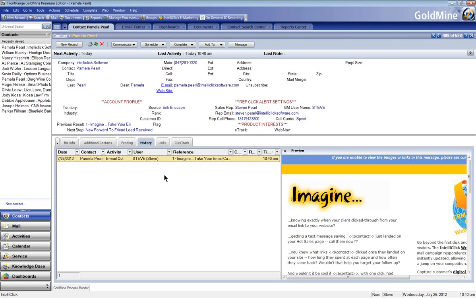You may decide that you'd prefer to schedule a phone call to call the new prospect. You may send an email and schedule a phone call. The automated process capability of Goldmine allows you to trigger different activities. And for those of you that work actively with Goldmine partners, this is something they know how to do. You will be able to say to your partner, okay, we got this far with IntelliClick, it brought it in, created the record, now take it the next step, send the email that we want,